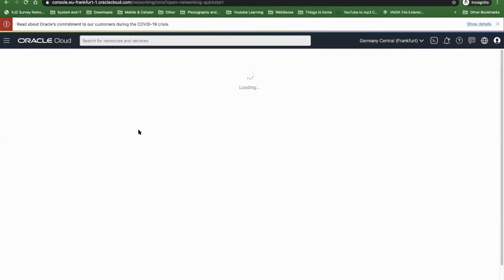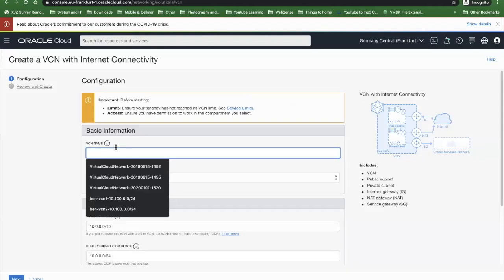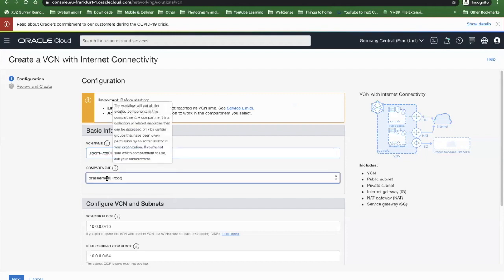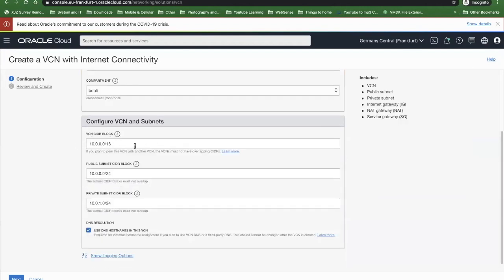create a network with only internet. I'm just showing the wizard because on the wizard you have all the guides that you need in order to perform your virtual tunnel. So again, let's do it. Zoom VCN 01 compartment. I'll choose my compartment, and then I'll add a CIDR, a network that I would like to add